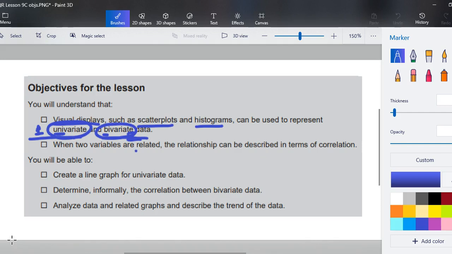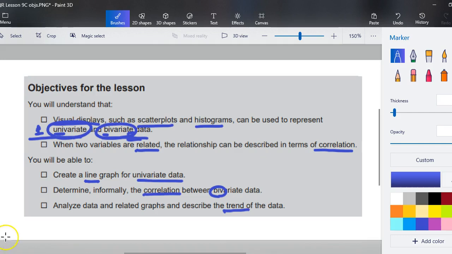When two variables are related, the relationship can be described in terms of a correlation. We're going to be able to create a line graph for univariate data. We are going to be able to determine informally the correlation between bivariate data, and we're going to analyze data and related graphs and describe the trend